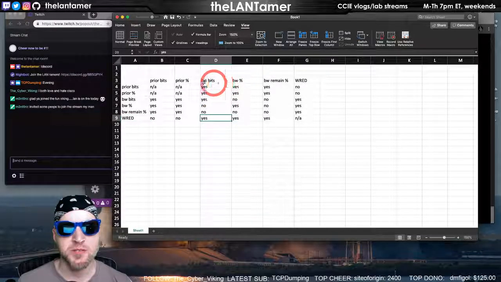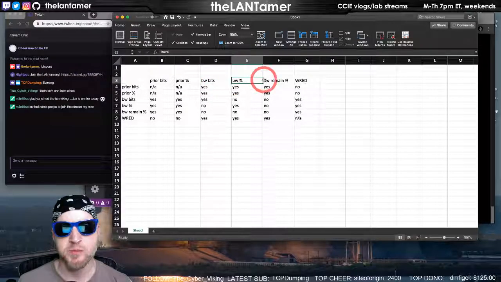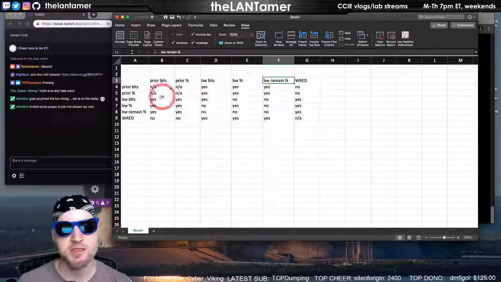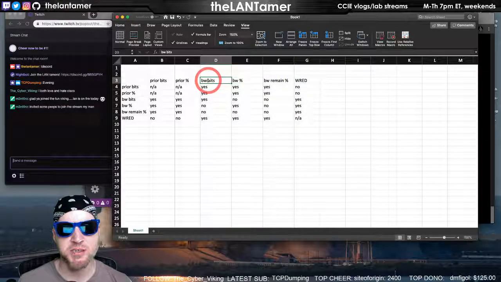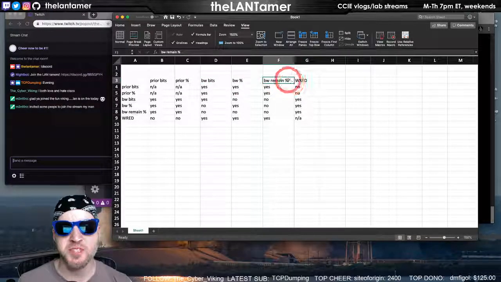It can be used on a queue configured for bandwidth number of bits, bandwidth percent, or bandwidth remaining percent, right? The combination of bandwidth bits and bandwidth percent, these do not go together. Bandwidth remaining percent only works when you use the priority.